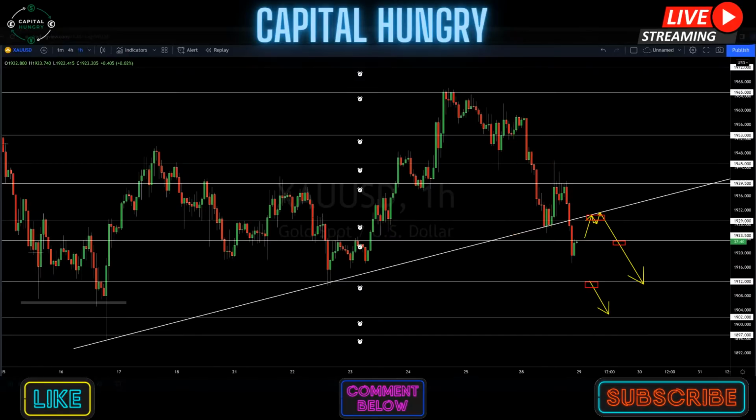These sells would be invalid and I would jump back in buys only if we broke above 1939 key level, where from this area where we had a low printed, we had a pullback to collect more sell orders and a lower low printed by the end of the daily period. I would only jump back in safe buys on gold if we broke above 1939.